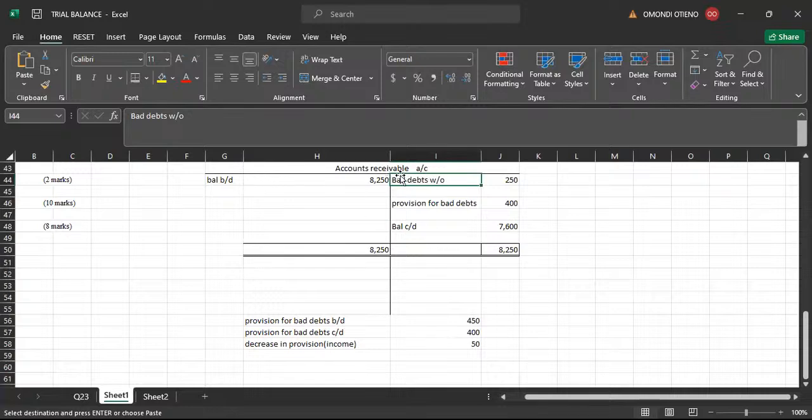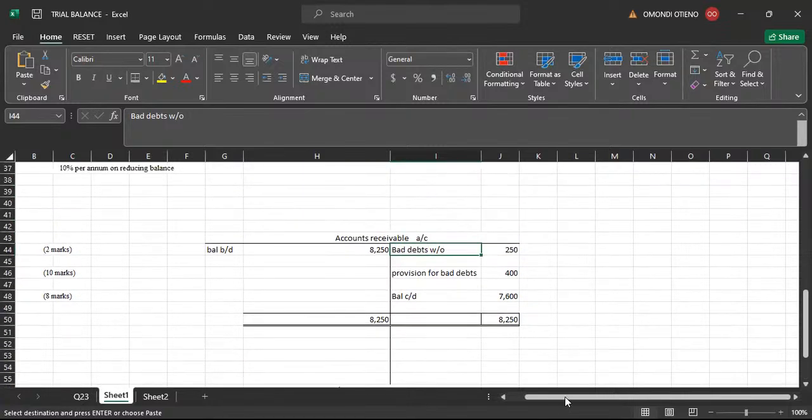We take this, we are crediting this account. So we are going to debit the bad debts written off account. And for us to balance that account, we transfer that balance to the profit and loss account. We transfer that to the profit and loss account to balance that account. So the bad debts written off,